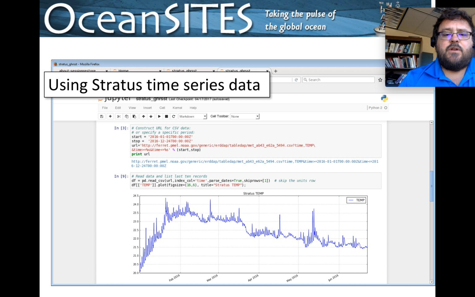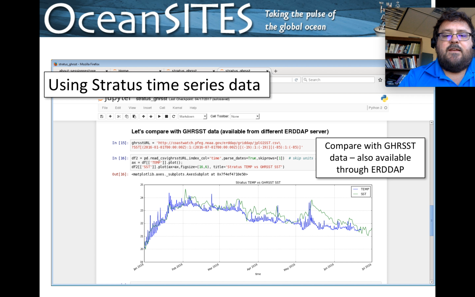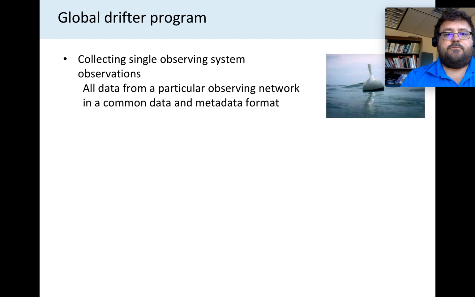So from there, you can look at different time ranges that you're interested in, but what makes this really usable is that it's very easy now that we're in this interoperable framework to start comparing with other data. So for example, that green line that hopefully you can see on this plot is actually the GRIS satellite data. This is also available through an ERDDAP, so it makes it very easy for these two things to interact. So a user can quite easily grab the data and start comparing it.